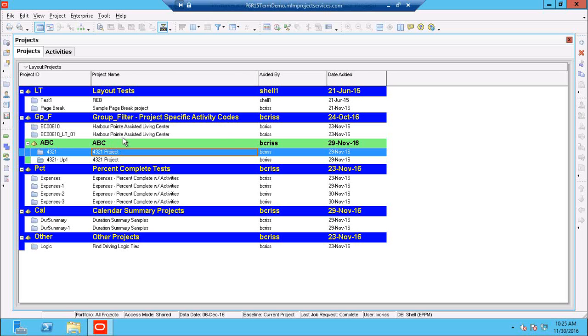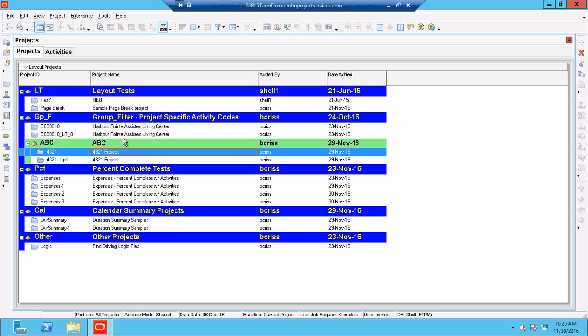The trick to this is pretty straightforward, and it does make a lot of sense. The trick would be, number one, making sure that if you're working with a contractor, maybe you can convince them to create an EPS node, say, that aligns with the project ID. And then also, if I were the owner organization or the person receiving the schedules, I would create the exact same EPS